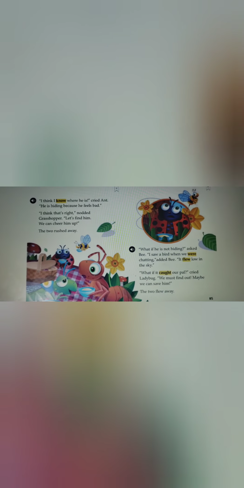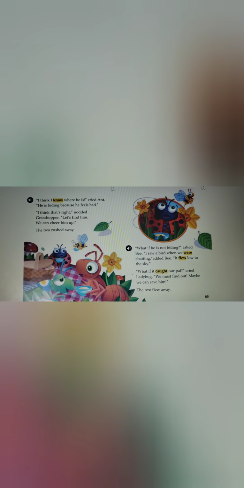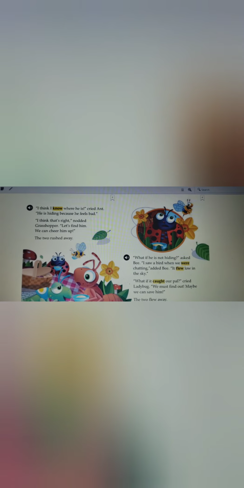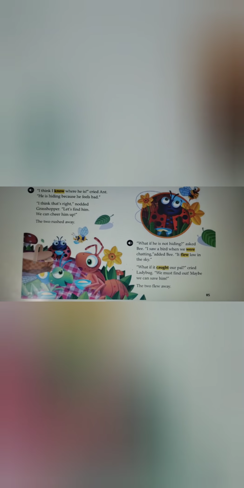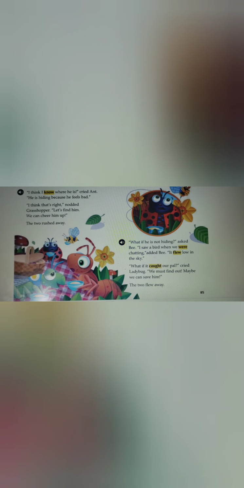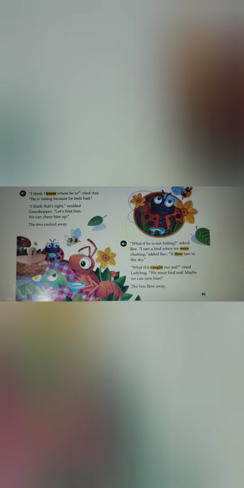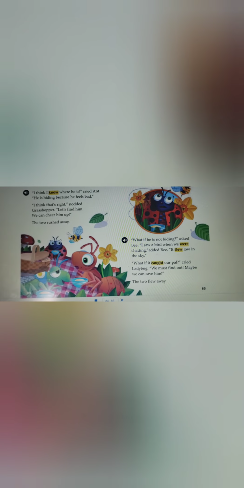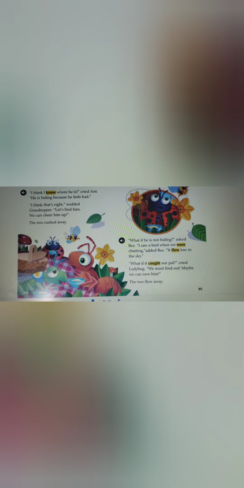I think I know where he is, cried Ant. He is hiding because he feels bad. I think that's right, nodded Grasshopper. Let's find him. We can cheer him up. The two rushed away. What if he is not hiding? Asked Bee. I saw a bird when we